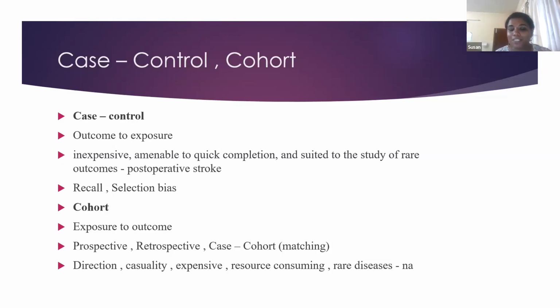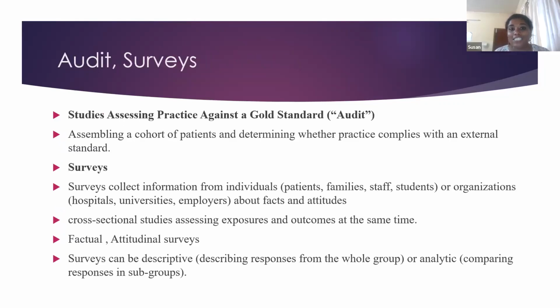There is also a subset, case cohort. So case cohort simply stands for cases who have an exposure, and cohort are those without the exposure, and then they are matched. Okay, so the advantage of cohort studies is that they have a direction. We know most of the time what happened first and then what came after that. Did the outcome happen before the said risk factor? Helps in causality, but then again the disadvantages are it's more expensive, more resource consuming, and then rare diseases it's usually not applicable.